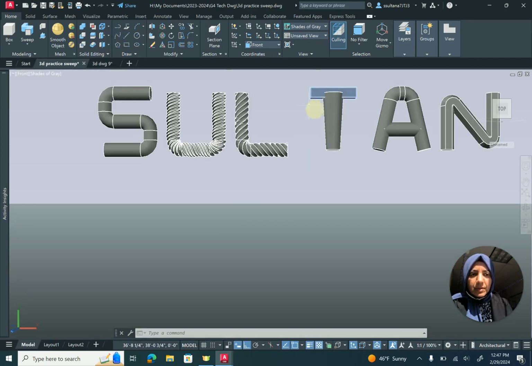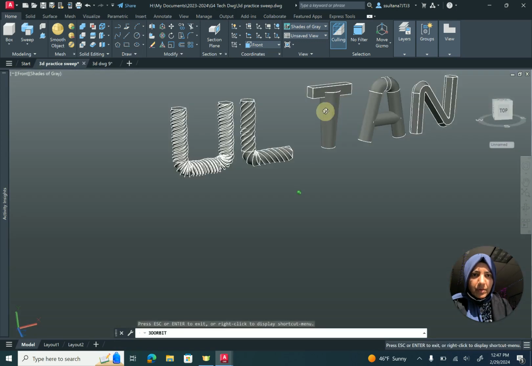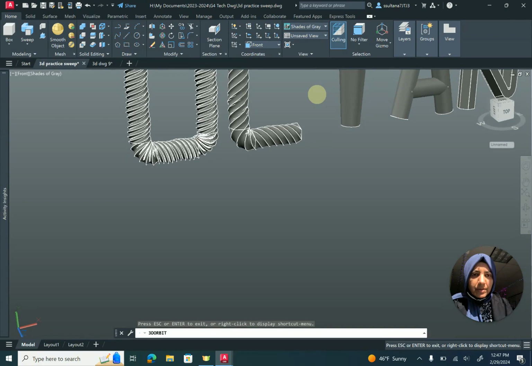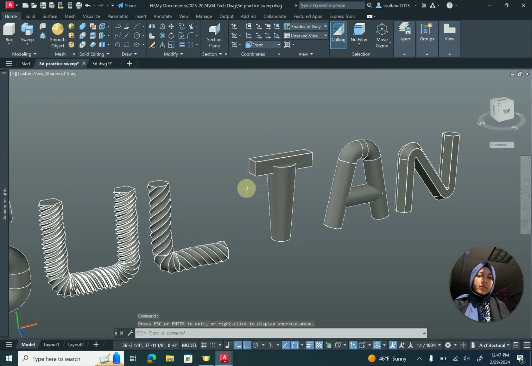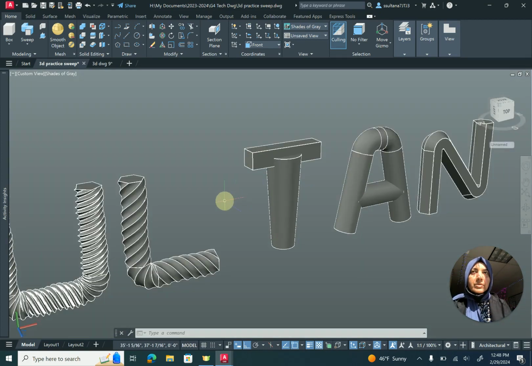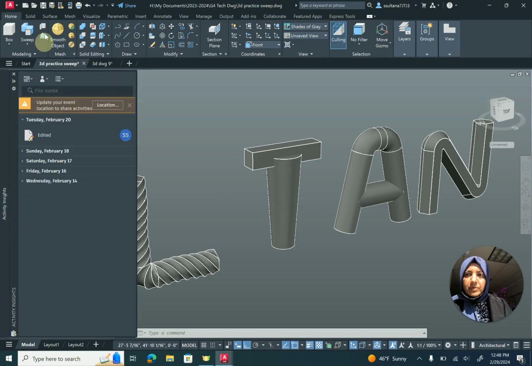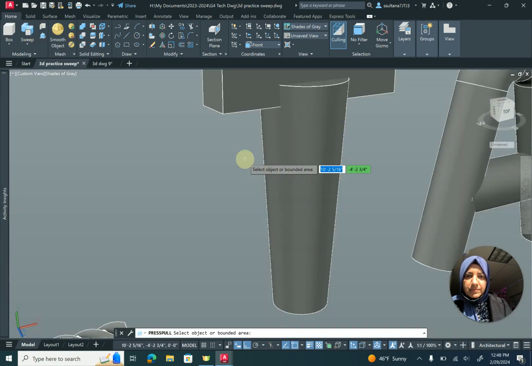Also, this T can be a little bit extended horizontally, because T is actually one of those letters that is equal in terms of height and width. If you remember Tom Q Baxi name, all the letters in Tom Q Baxi are the same height as their width. So I'm going to use press pull tool